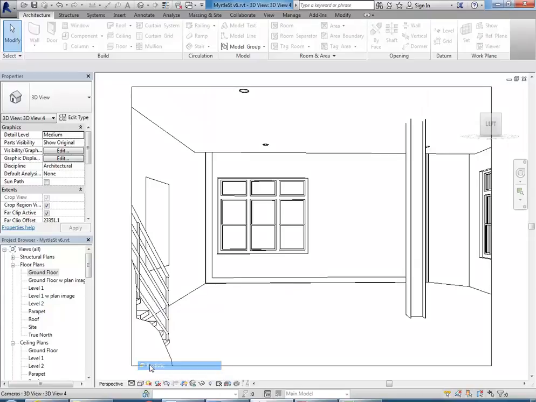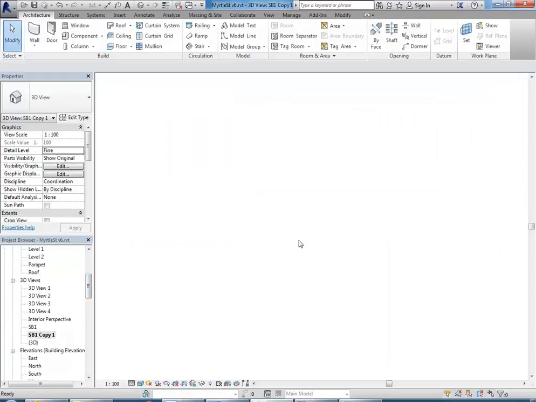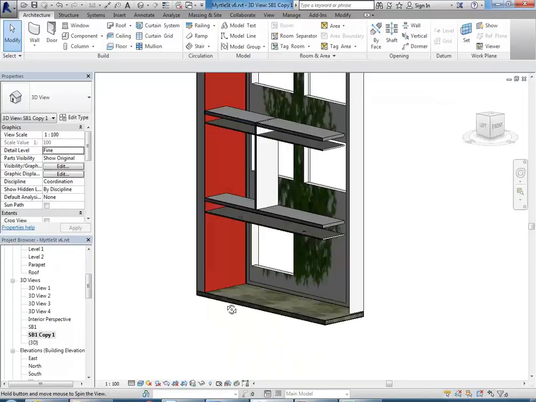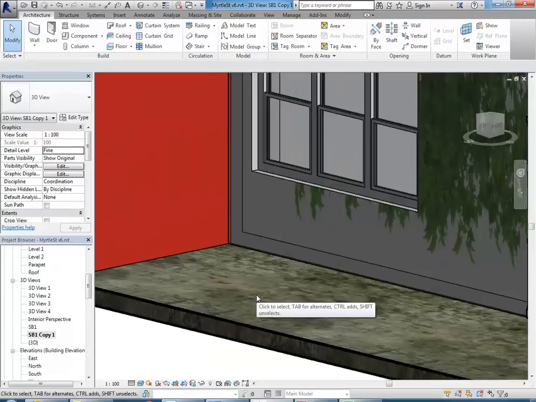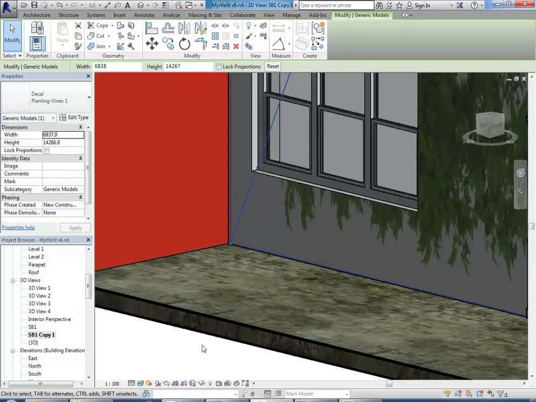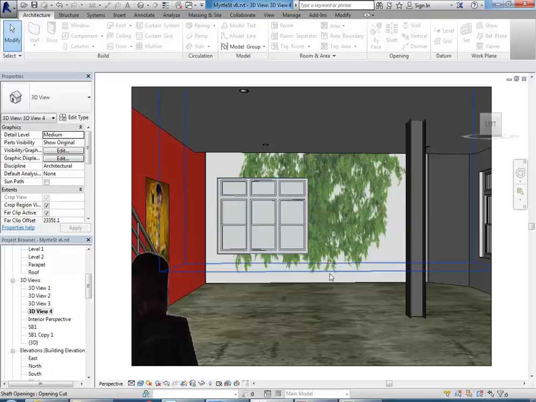So I'm just going to go to realistic so you can see. I've got my shaft there going down and cutting off the floor. I'm just going to fix that. What is it? What's happening there? Sorry, it's my decal that I'm seeing there. That's the edge of my decal. So I just need to bring that corner down. Okay, so that's better. Okay, so I can see my background planting image,